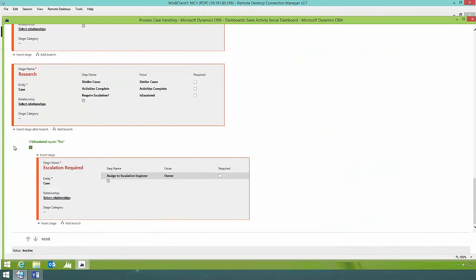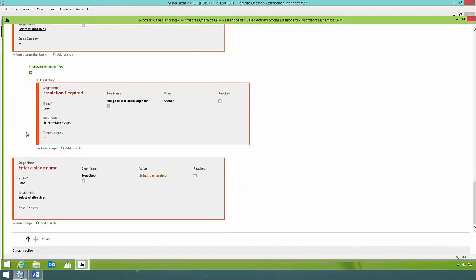Again, I need to go ahead and merge these two branches. To do that, I simply click on the insert stage after branch. And here's where I'll go ahead and set my resolution stage. So now I've completed the resolution stage. There's other things we could have gone through with the editor, but this is simply showing the changes between CRM 2013 and CRM 2015. What I'll do is save and activate